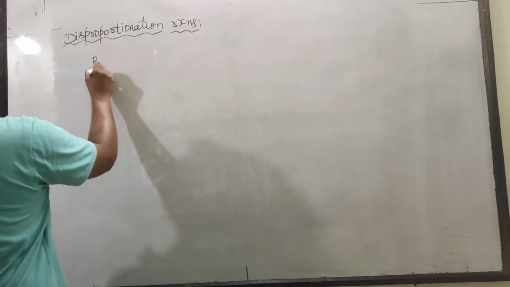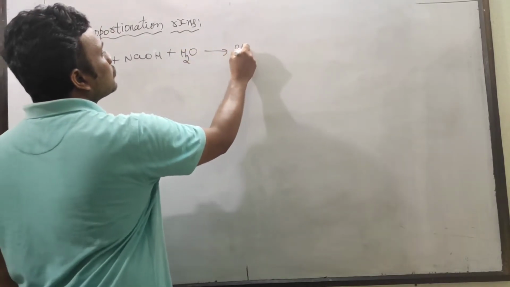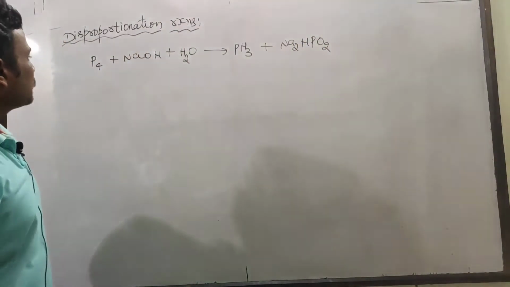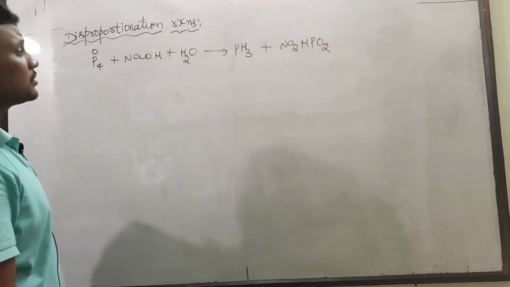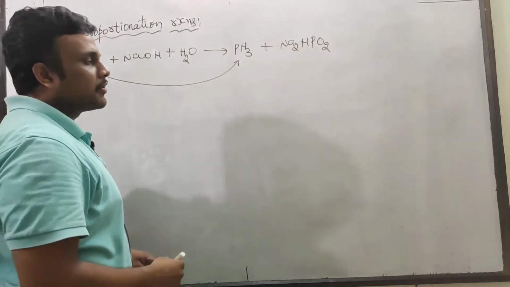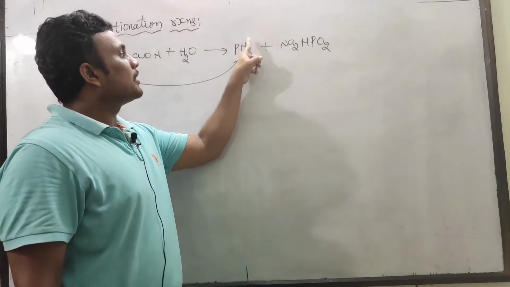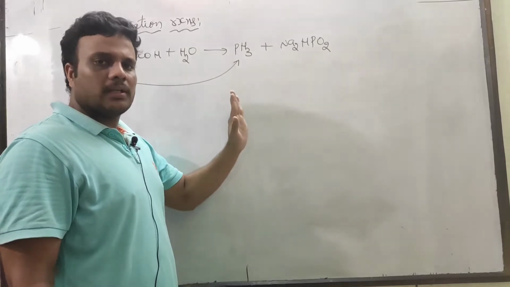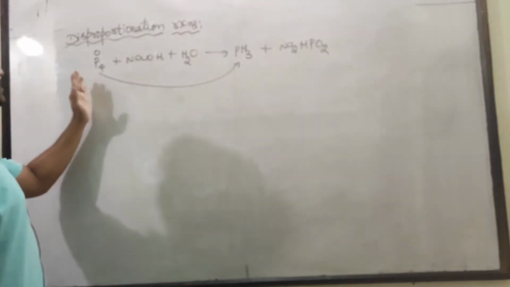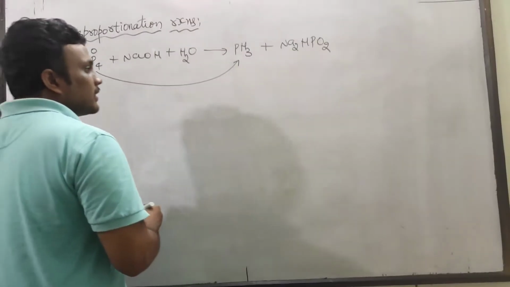We have some very famous disproportionation reactions from NCERT. It is phosphorus giving phosphine and NaH2PO2. So on the left side, phosphorus is an elementary substance, with zero oxidation state, and phosphorus is reduced to PH3. Actually there is no electronegativity difference between phosphorus and hydrogen. They have the same electronegativity, so you cannot write +1 and -3 here, but still, addition of hydrogen is nothing but reduction. So we can say that phosphorus is undergoing reduction from phosphorus to phosphine, and phosphorus is also undergoing oxidation.